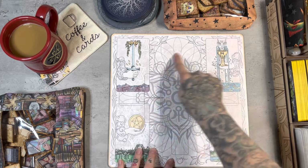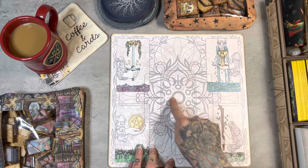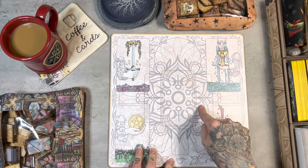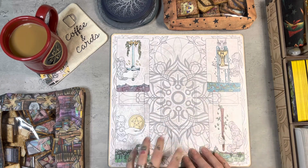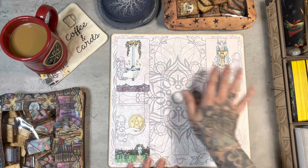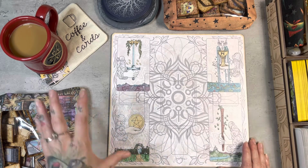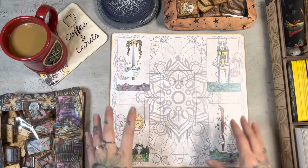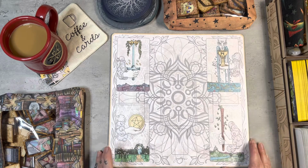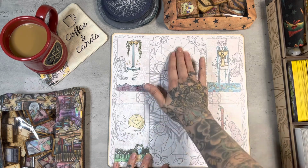Basically it has the mandala in the background that I have used for the Fool. So we have the 0, and then this symbol is for Uranus, which is the tarot correspondence of the Fool. And then each one of the aces I thought would be really neat to put on this board for the 4 corners. Because normally when I do my daily tarot casting, I have my center card, my oracle card, and